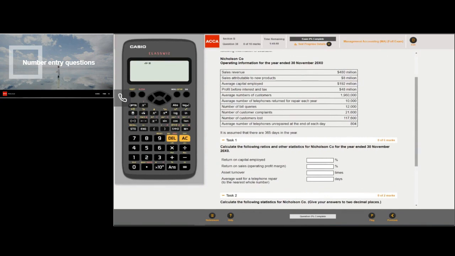The first ratio is the return on capital employed. Now that is the profit before interest and tax over the average capital employed, and you're required to put it in as a percentage. So using my calculator, I'm going to take the 48 million, divide by the average capital employed of 192, and then times by 100 to make it a percentage,